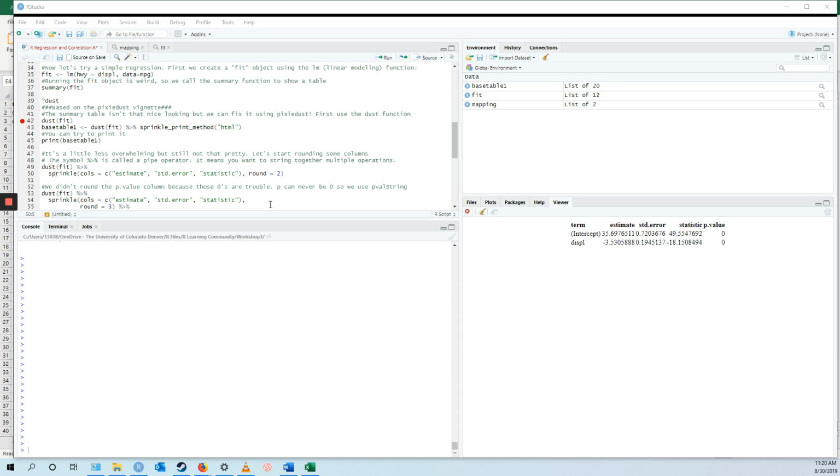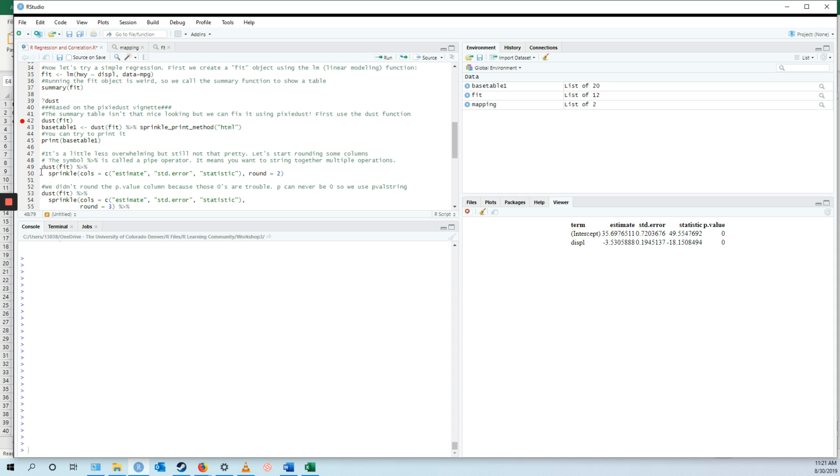And then also, while you're doing this, you can work with pipe operators a lot, which is a very useful general skill to have in R. A pipe operator is this symbol right here. It is a percentage sign, arrow, percentage sign. And what it does is it strings together multiple functions. So if you are familiar with ggplot, it uses these pluses after lines to tell ggplot to keep looking at the next line for more information about what you want it to do. These pipe operators, just in general, mean keep looking for the next thing. And in the pixie dust thing, they allow you to do multiple operations on the table